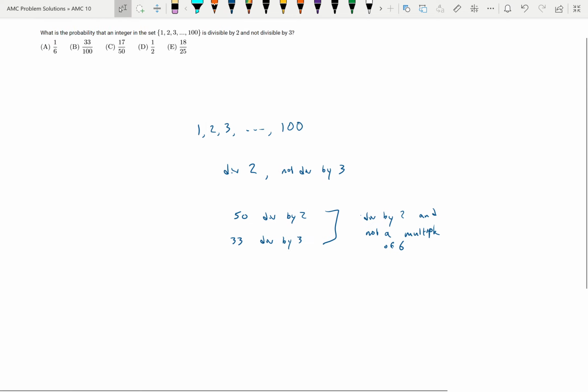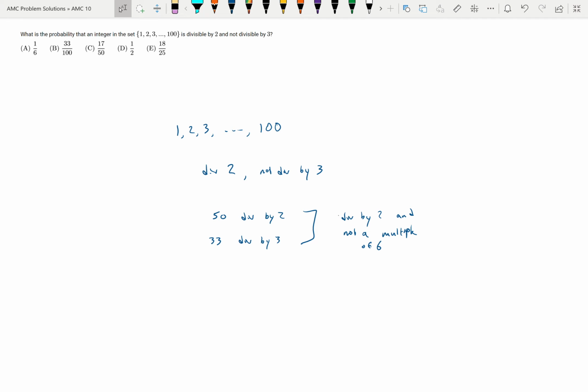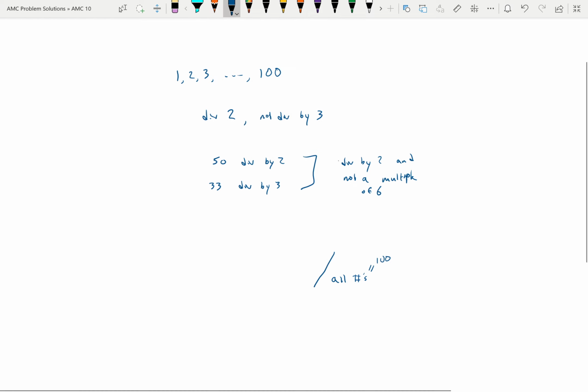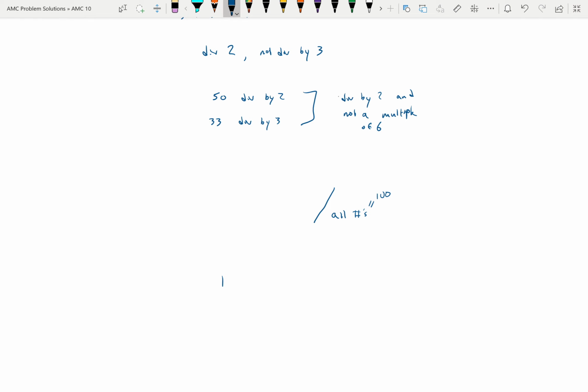And since this is a probability, we're considering all those integers. So for the probability, the denominator is going to be all of those numbers, which is equal to 100. And then the numerator is going to be the numbers that are divisible by 2 and not divisible by 3. So if we write them out, 1, 2, 3, 4, all the way to 9, 10, then 96,